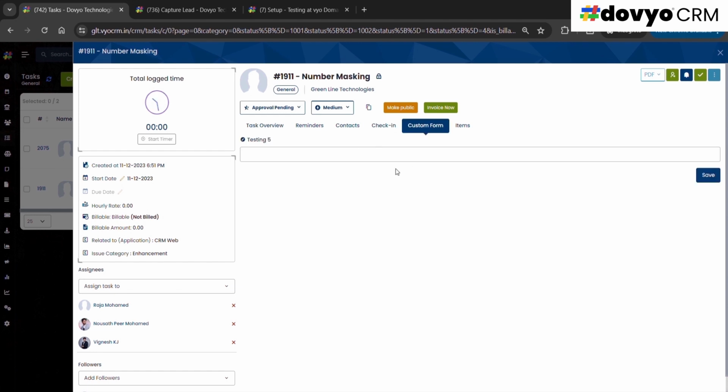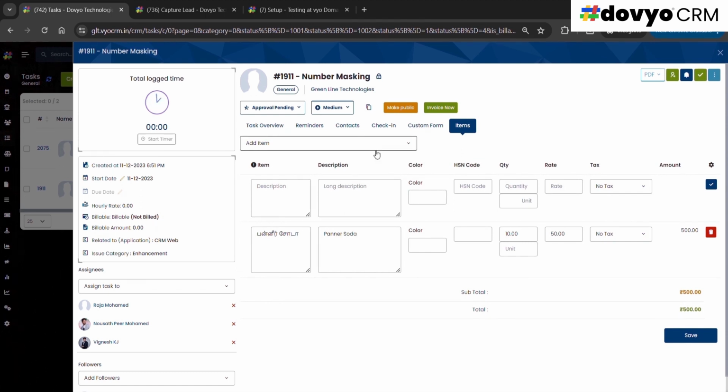Also, if you want to bring out any custom forms, you can bring them out here, give the details, and save it. If you want to make billings for items alone, this is a peculiar feature we have in Dovyo CRM. Other than billing for the entire task, I want to bill for specific items of those tasks. You can make those billings here with respect to items alone, which we call the bill of